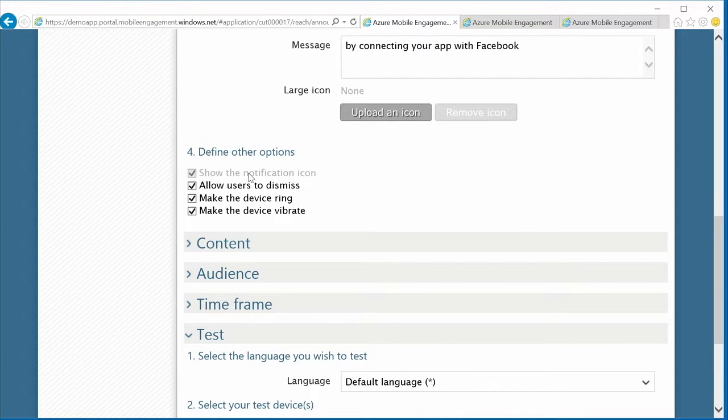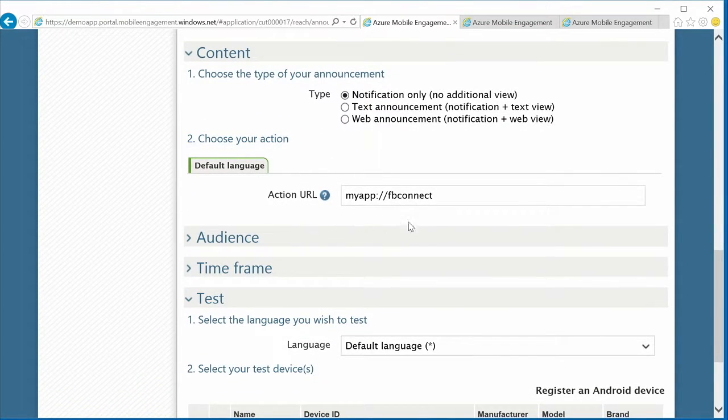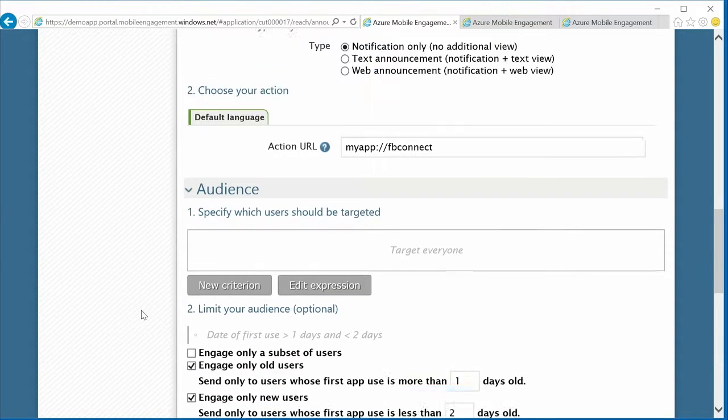With mobile engagement, of course, you can choose many options on the user experience and the way you play your notification. Typically, we also encourage you to have landing pages within your app. So typically here, we are encouraging our users to connect. So the best thing to do if they click on the notification is, of course, within your app, to send them to the appropriate page where they actually can sign up or sign in.